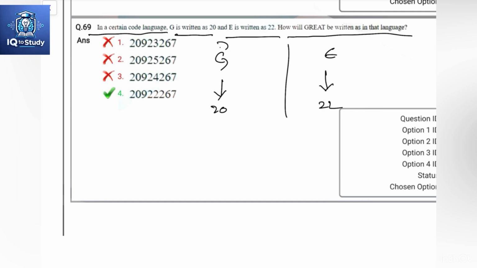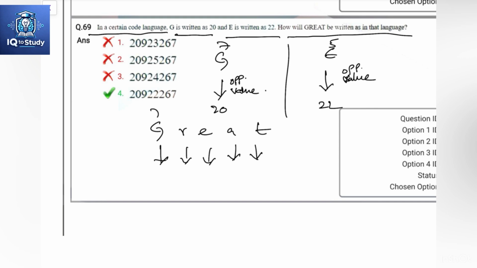We know that the positional value of G is 7 and E is 5. And the opposite value of this position 7 is 20. And similarly here also the opposite value of 5 is 22. So GREAT, which can be written as,